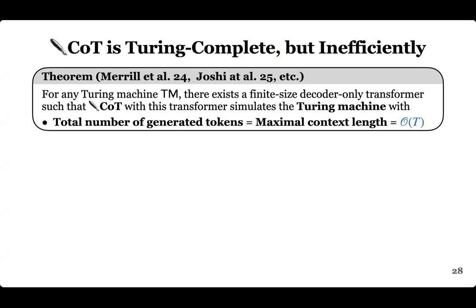For any Turing machine, there is a finite size decoder-only transformer such that chain of thought with this transformer simulates the Turing machine with total number of generated tokens equal to the maximum context length, which is the number of steps. T here refers to the number of steps for a Turing machine, which is the time complexity for solving that problem. This is because chain of thought never erases the thoughts, so the total number of tokens is equal to the maximum